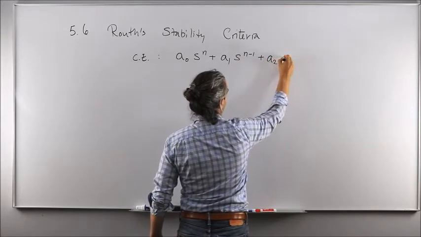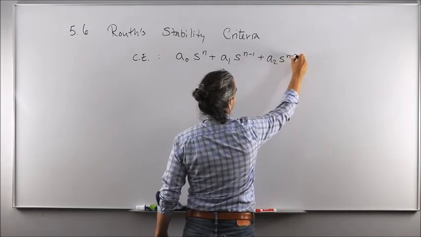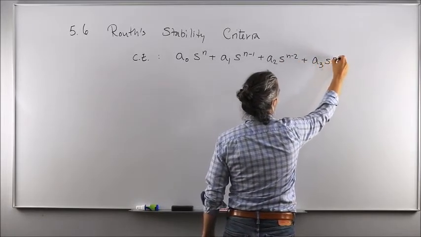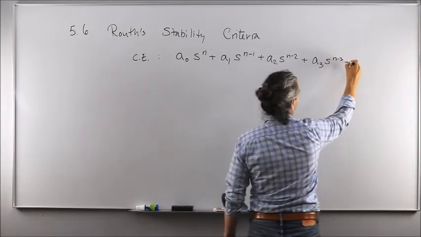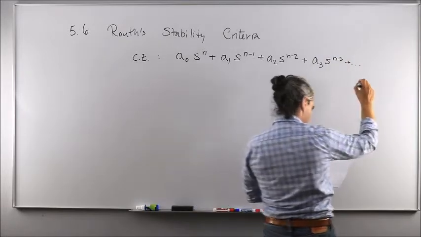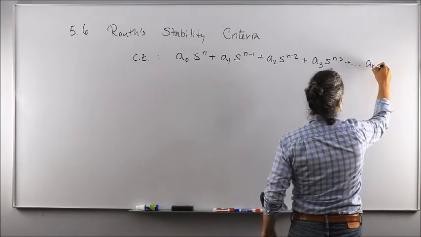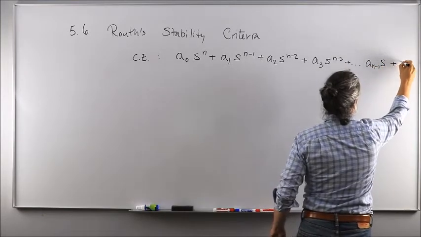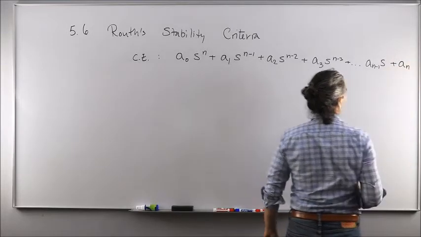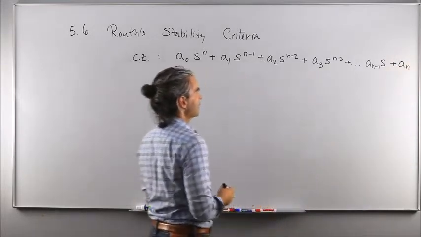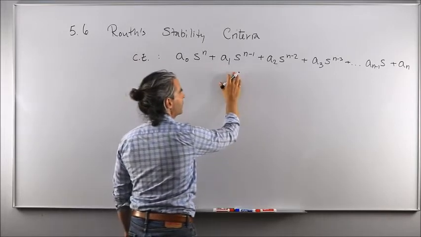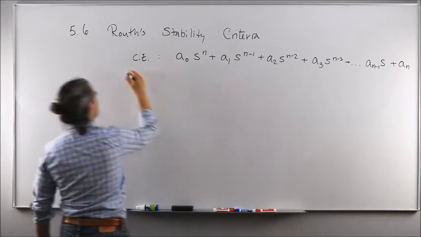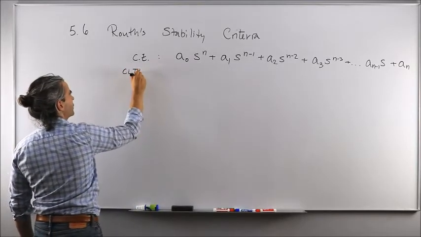Another coefficient that multiplies s to the power n minus 2. Another coefficient that multiplies s to the power n minus 3, and you get the idea, right? All the way to a n minus 1 that multiplies s, plus just a single coefficient on its own without the variable s. So that is the proper form into which you need to express the characteristic equation of your closed loop transfer